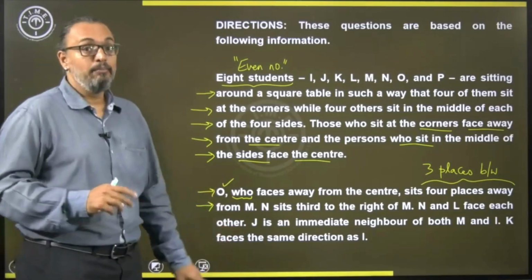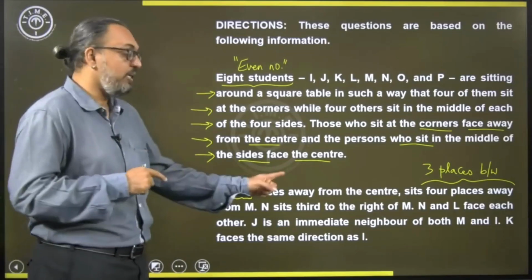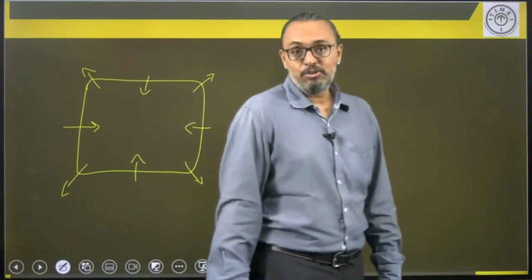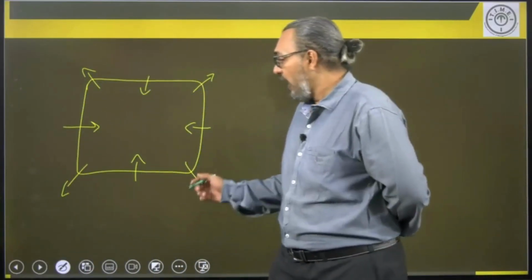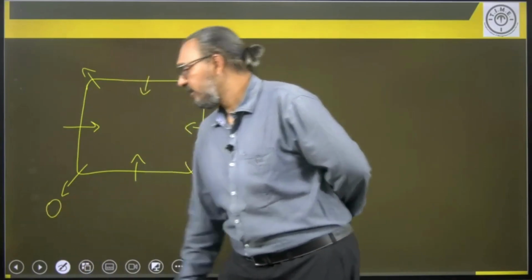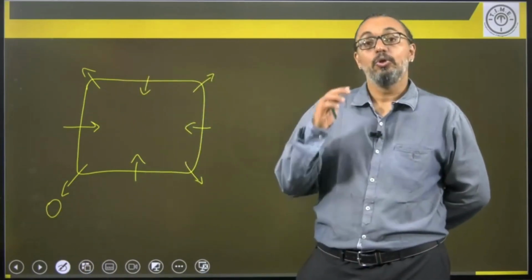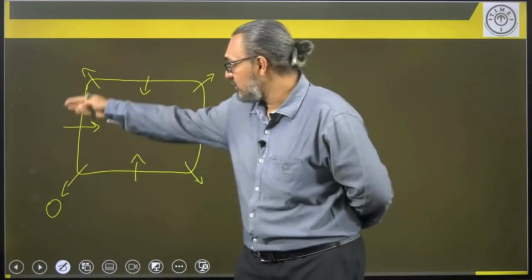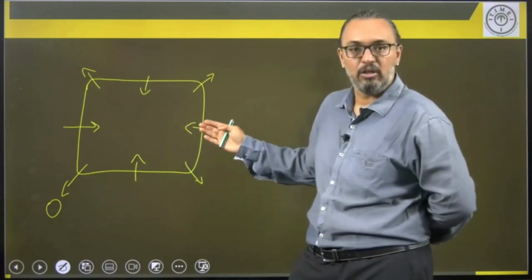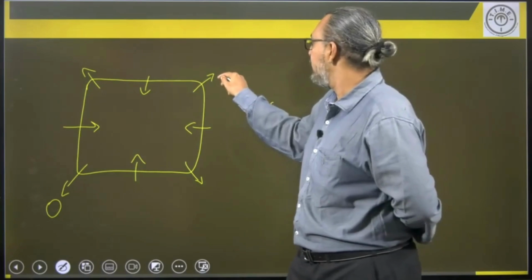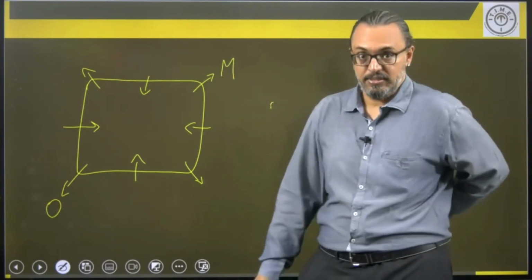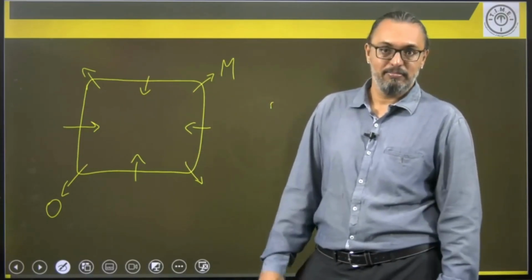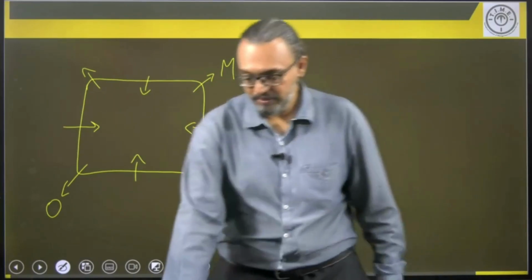So between O and M, you need to leave a gap of 3 and O should be facing away from the center. Okay. So in an 8-member arrangement, we know that O has to be facing away from the center, so O will be here, at any one corner. M is 4 places away, so you need to leave a gap of 3 persons. Whether it is in the clockwise direction or the anti-clockwise direction, it is definitely going to be the opposite position. So O and M are now diagonally opposite, because they are at the corners. Okay. Then